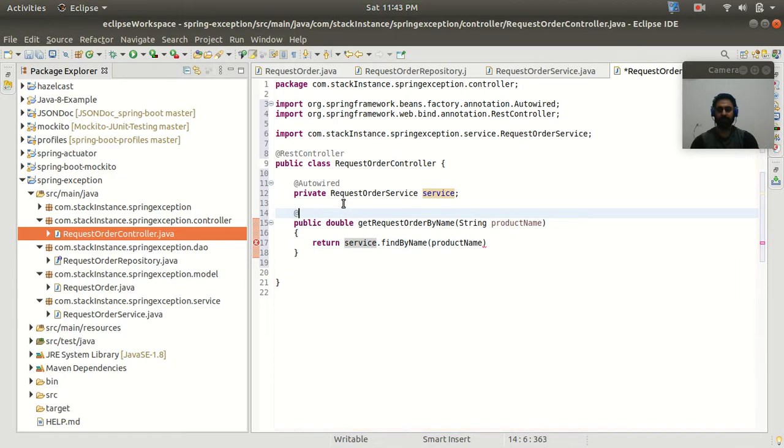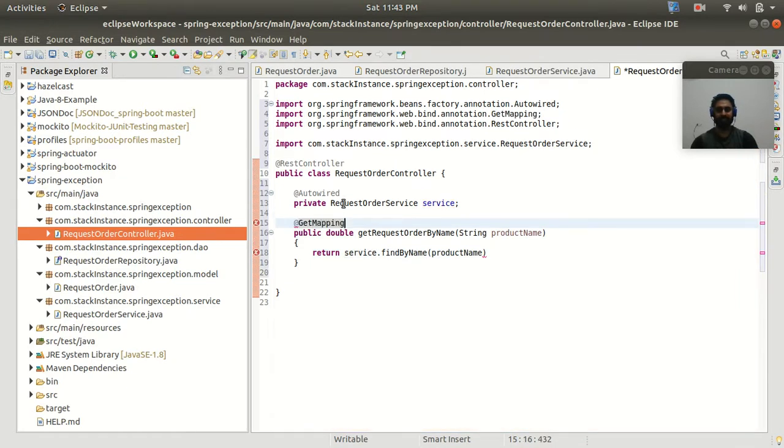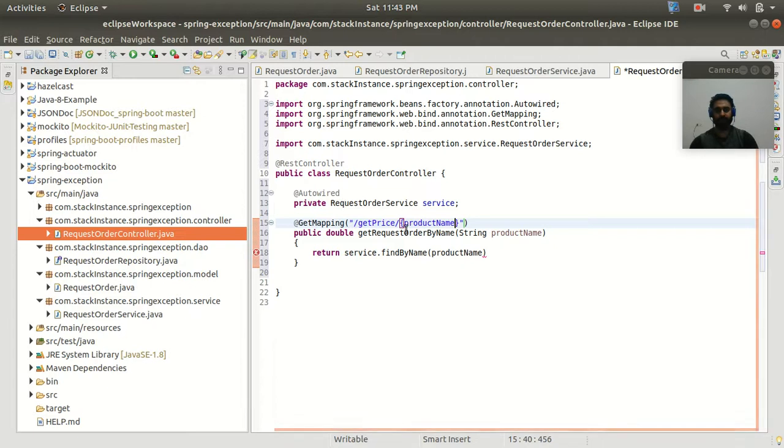And here I want to call this method with the HTTP GET method. For that I will use the GetMapping annotation. And here let's put some URL like get price and slash. I want to pass the product name inside my URL itself, so product name. I want this product name inside my URL to be taken by this argument.